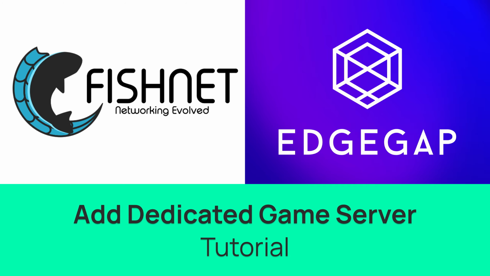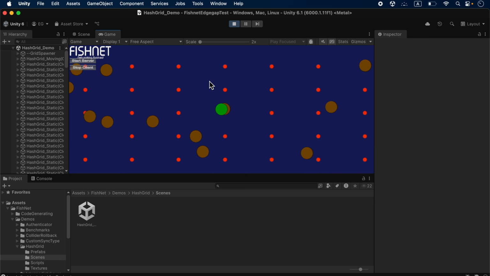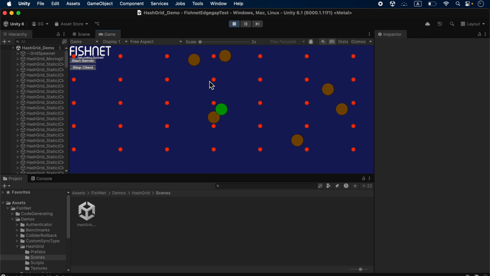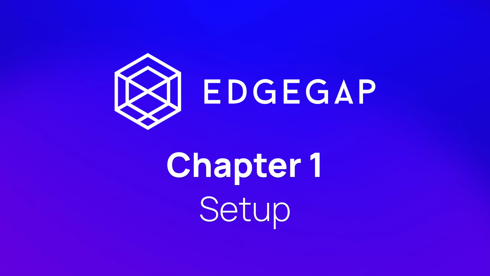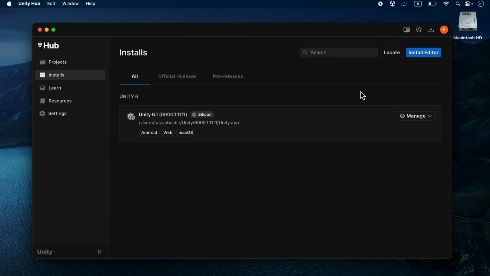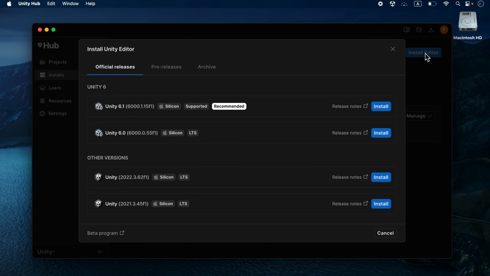Hi, in this video, we will cover every step on how to easily deploy a game server to host Fishnet's HashGrid multiplayer demo for 2 players directly from Unity's editor using EdgeGap. Let's get to it. Starting from an all-new project, from Unity's hub, select Install Editor, and then select the latest